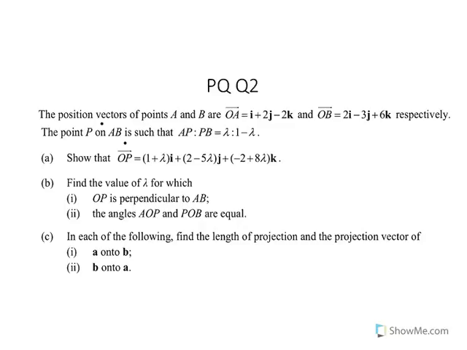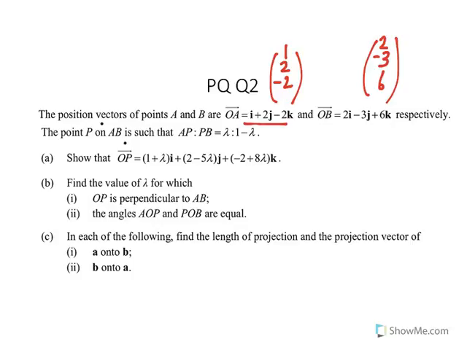This is Vectors 1 Tutorial 2, PQ question 2, where the position vectors of points A and B are given. From here you can quickly write OA as 1, 2, negative 2, and OB is 2, negative 3, and 6. Good morning. First, we need to show that OP is equal to 1 plus lambda,